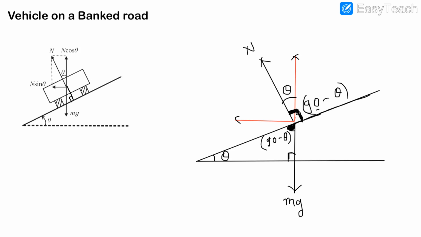So by trigonometry, if you want to remember this point easily, the adjacent side is always cos, that is N cos theta, and the remaining side is N sin theta, but we are not using this side, so we get N sin theta here because we use this side for frictional force. Now you got the resolution here. Now I am writing the balancing condition.